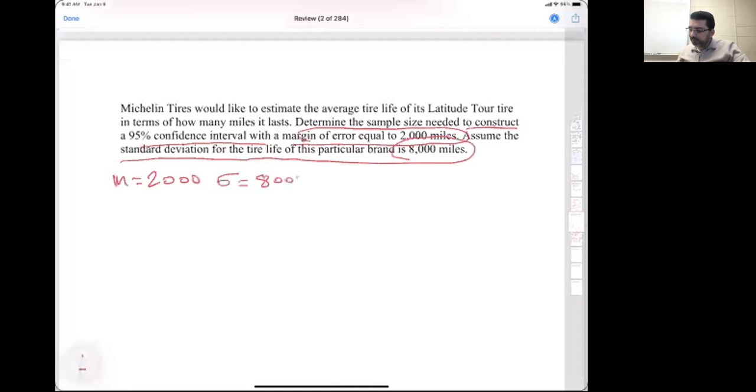And we need the sample size to construct the 95% confidence interval, so the confidence level is 0.95. According to that, n should be z squared alpha over 2 times sigma squared